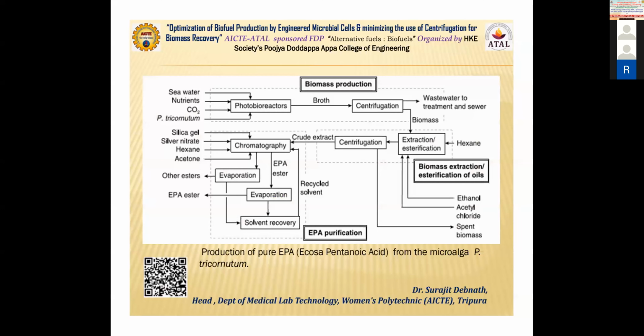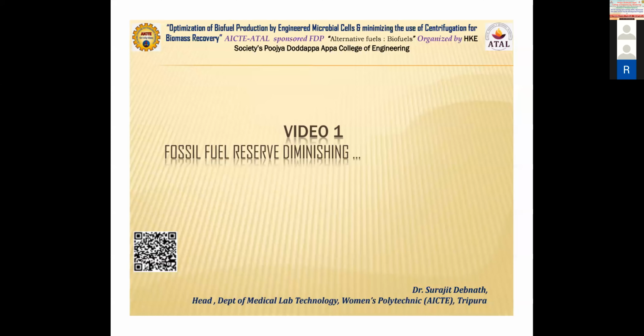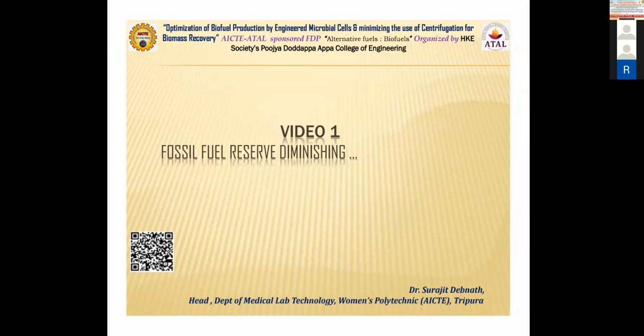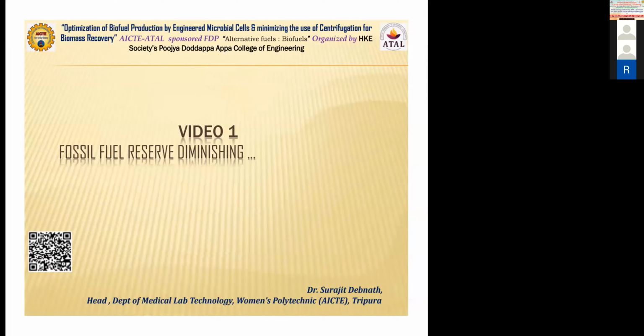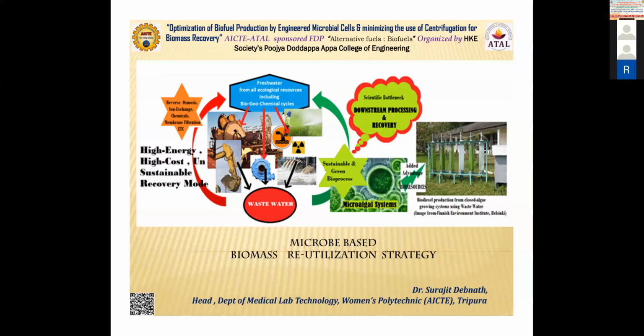Okay. So there are plenty of other things as well. As I have told you, what exactly we want to do, so how exactly we will do it? This is the protocol which has been developed by a Helsinki or Finland-based institute, where they have combined both of the processes. They are doing water recycling as well as biodiesel production. Here they are putting in a different kind of microbial strain.